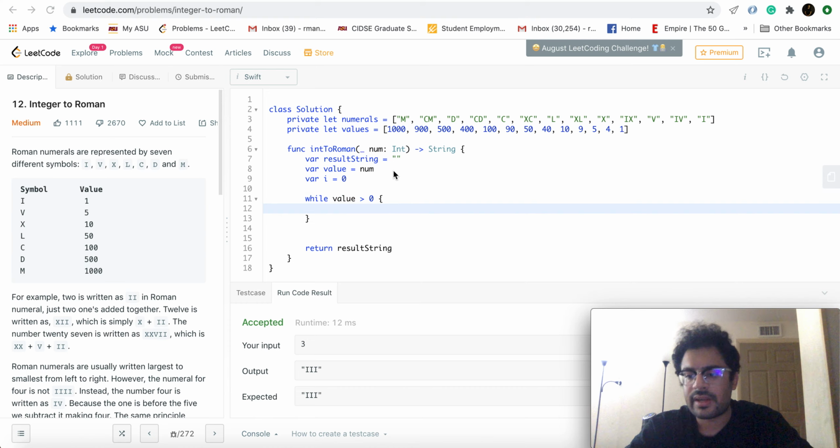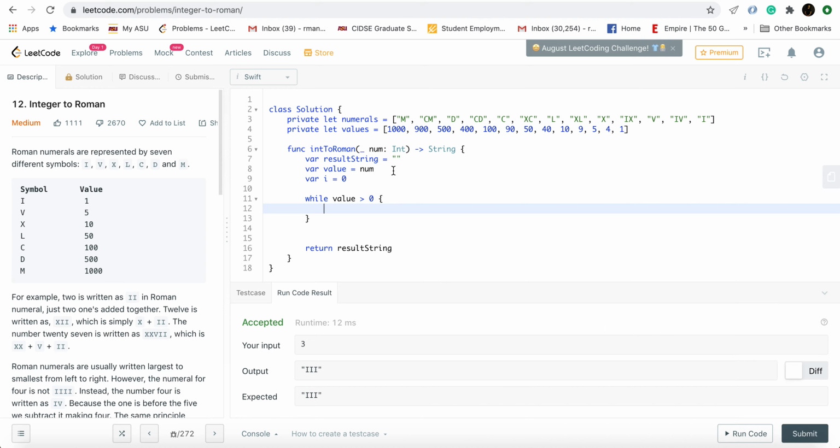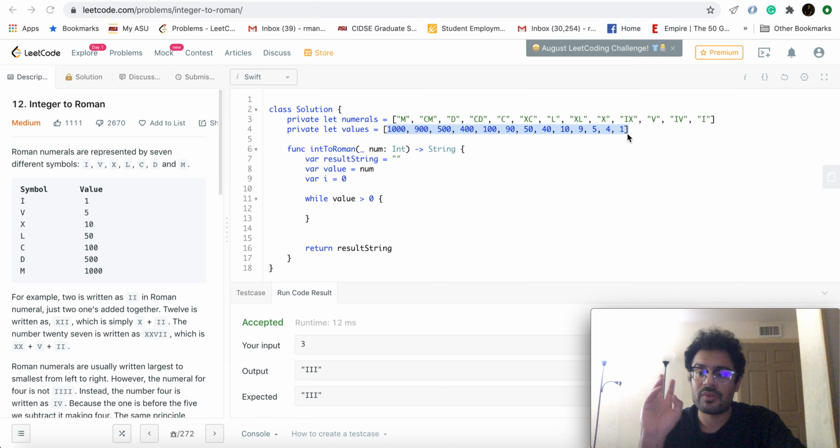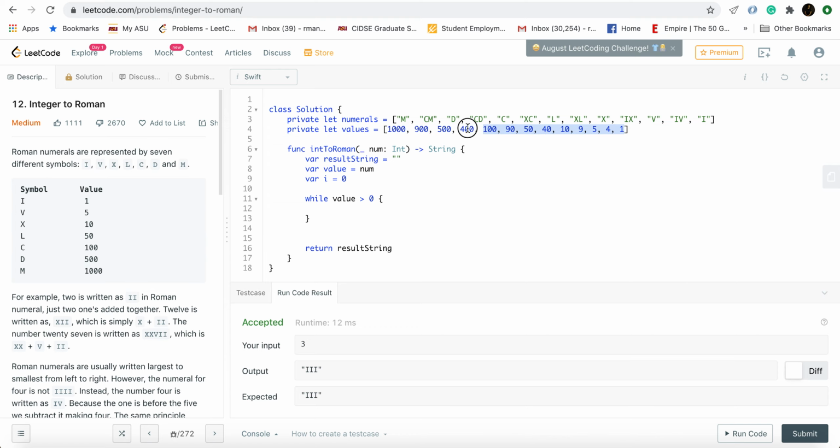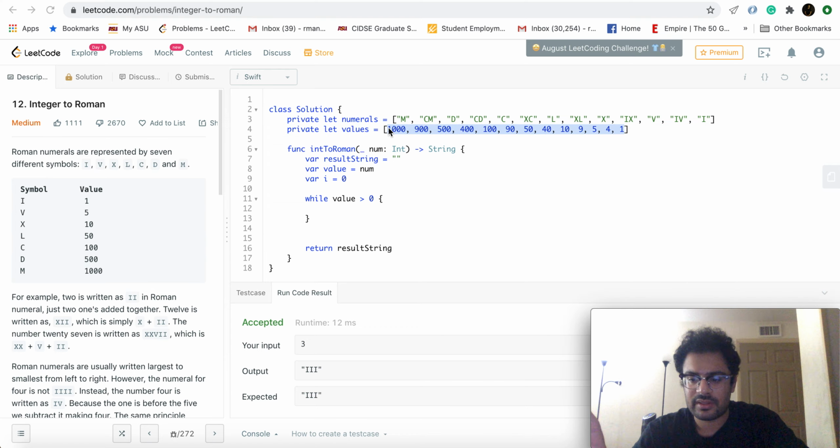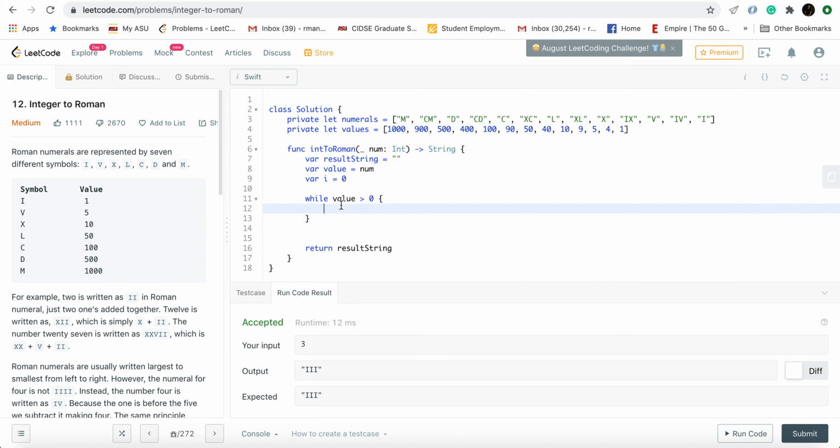0, while it is still greater than 0, while we can still subtract from it, please note that we can be sure that the number can always be formed as a sum of these numbers. Any number in the range of 1 to 3999 can be formed as a sum of these numbers. You can be sure of that. Okay, now while value is greater than 0, if we can